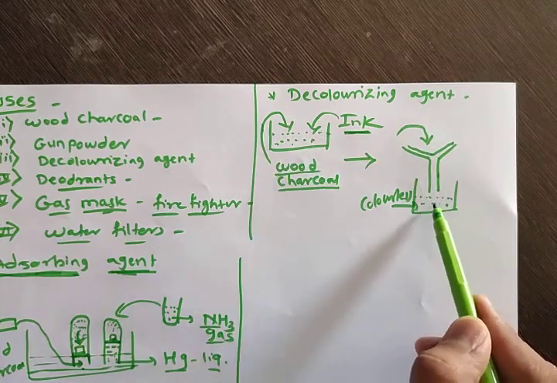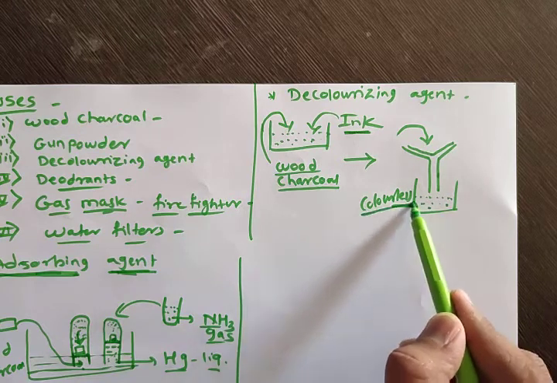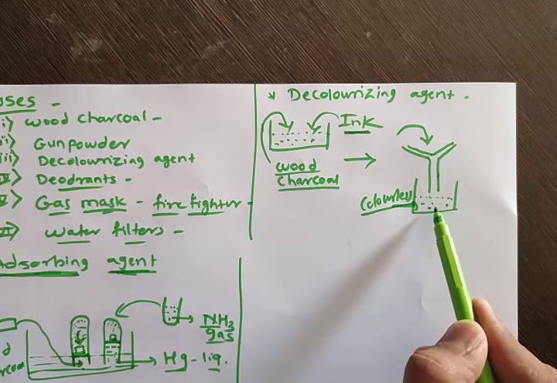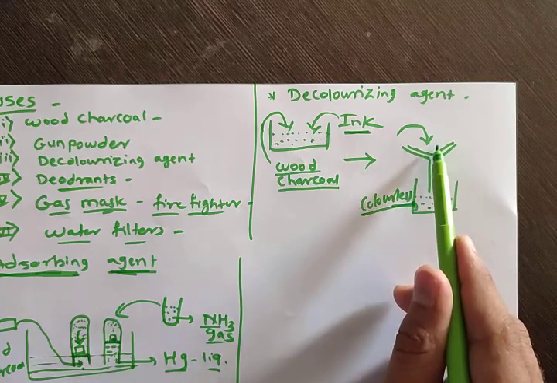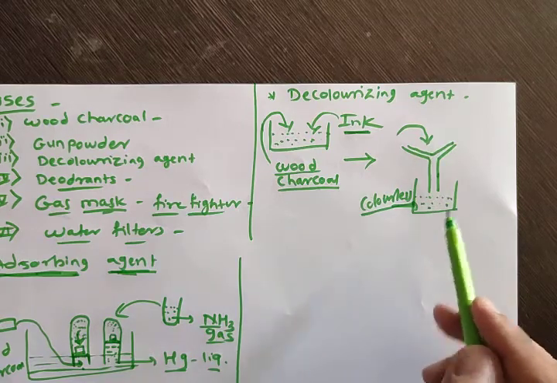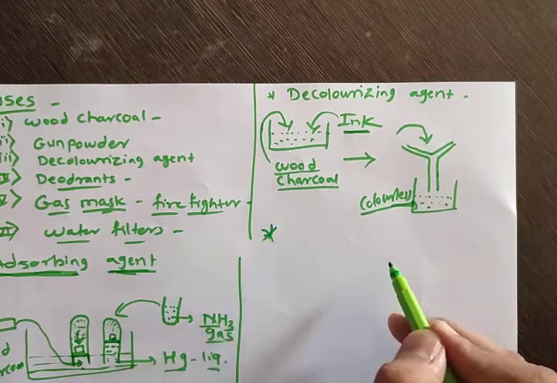So you will observe a colorless filtrate, and here on the filter paper you will get the charcoal. Okay, so you can do it at your home also. Then next is